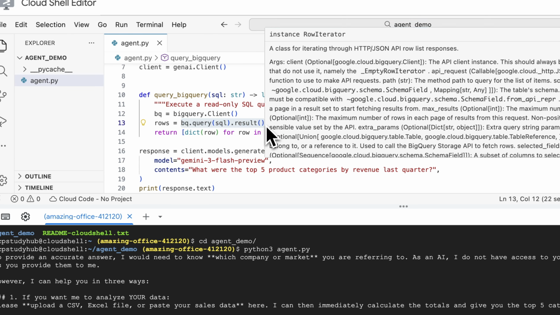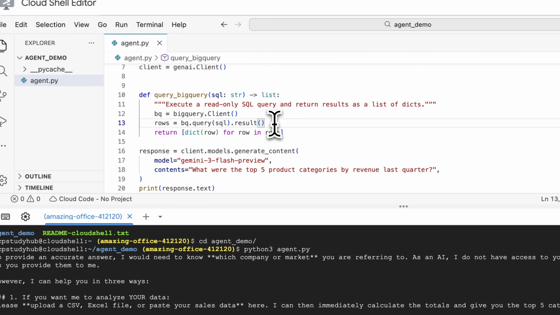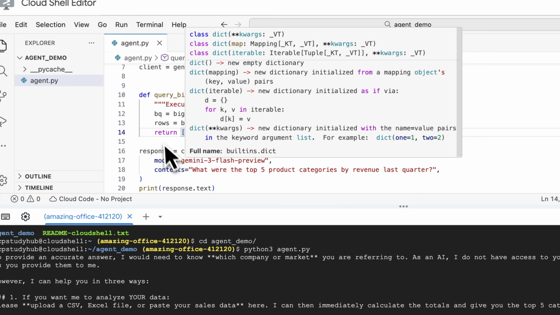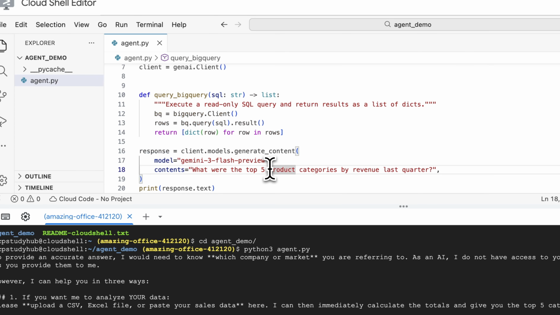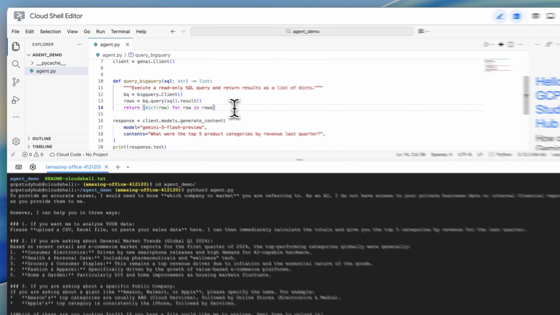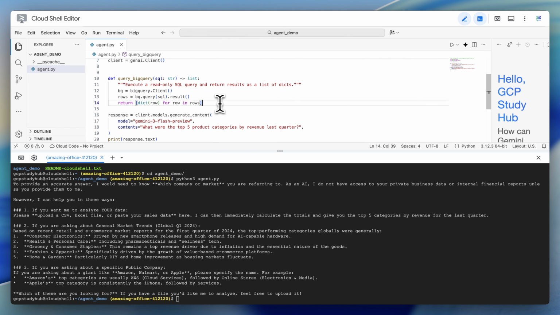The dot result waits for it to finish and then gives us the rows. And then the return line basically converts each row into a regular Python dictionary so that it is easy to work with in Python. And this is basically just the same thing that we ran in the BigQuery console wrapped into a function that we can call from code,